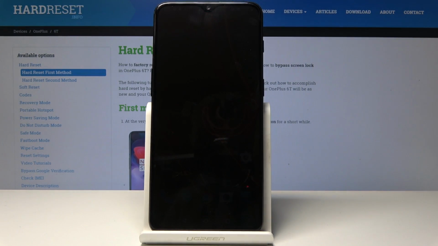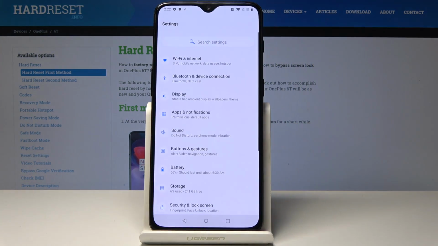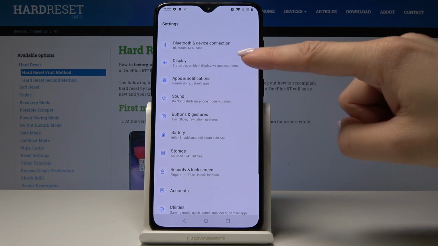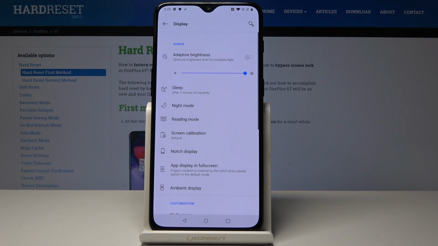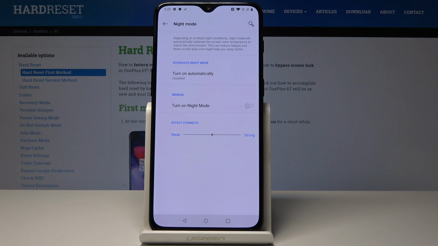Here I've got a OnePlus 6T and let me show you how to activate night mode on the following device. So at the very beginning you have to open the settings. Now scroll down, pick and select display, and now under sleep you will notice night mode. So just click on it, and here you can turn on night mode just by tapping on this switcher, and